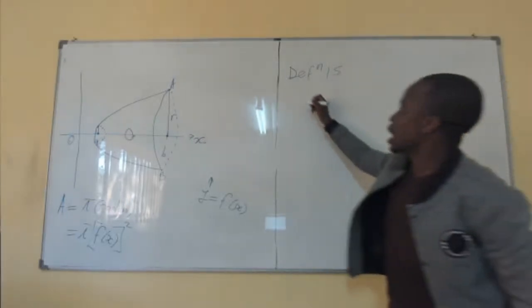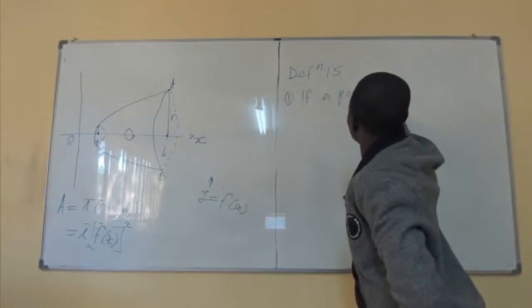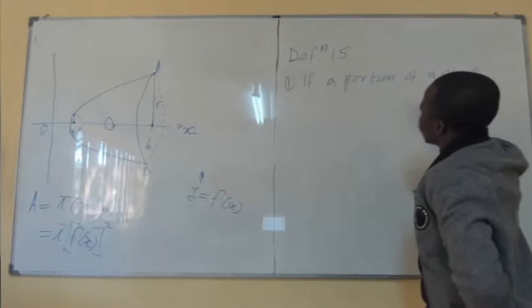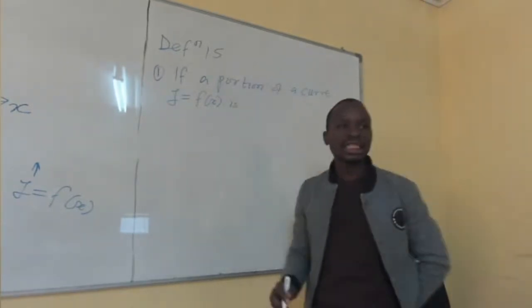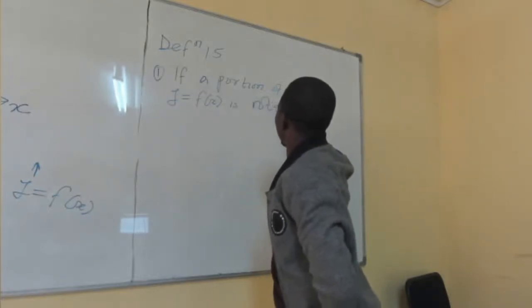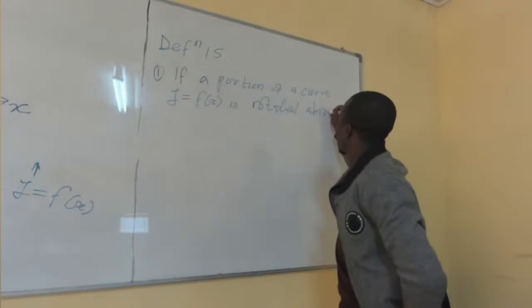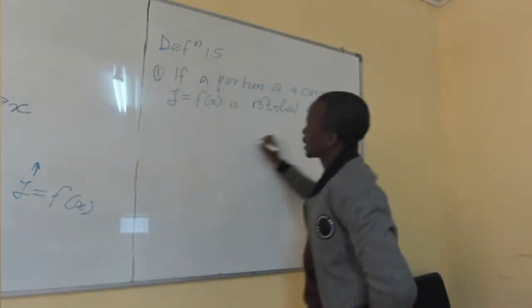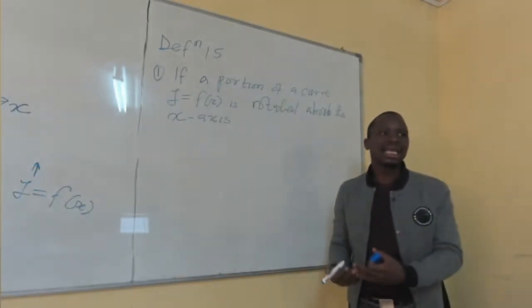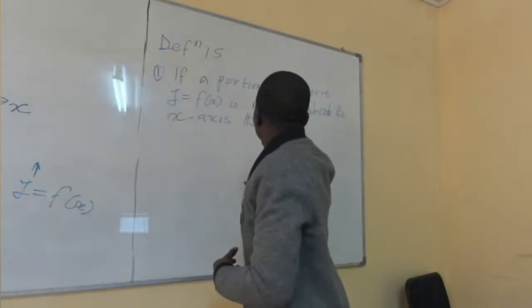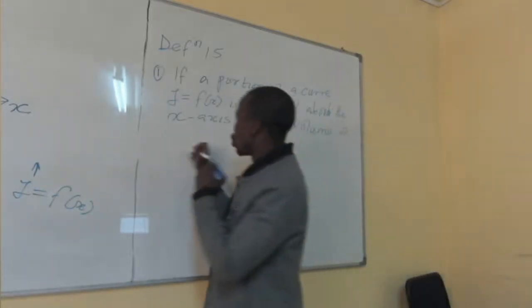This definition says, part 1, if a portion of a curve y equal to f of x is rotated, you rotate this portion of the curve about the x-axis, then the volume of rotation